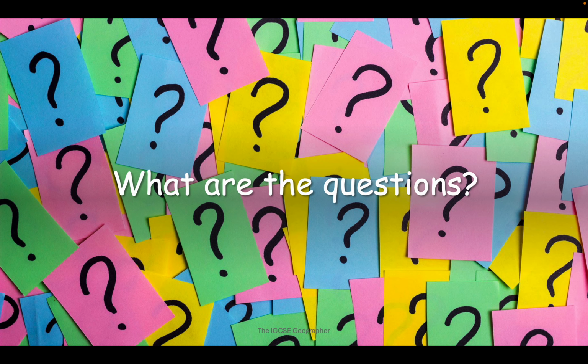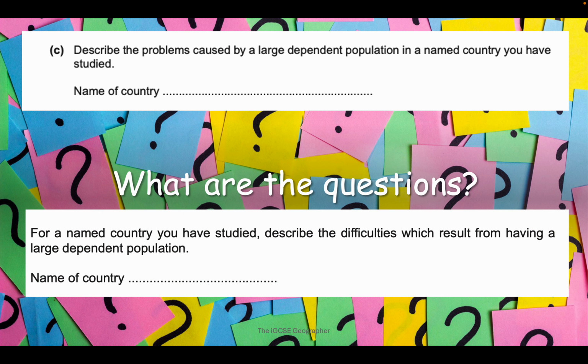Population structure. So you may be wondering, well, what are the questions for this unit? Fortunately for you, there's only one question that needs to be learned. However, they sometimes do try to sneak you by phrasing these in different ways. So they may appear as, firstly, describe the problems caused by a large dependent population in a named country you have studied, or alternatively, for a named country you have studied, describe the difficulties which result from having a large